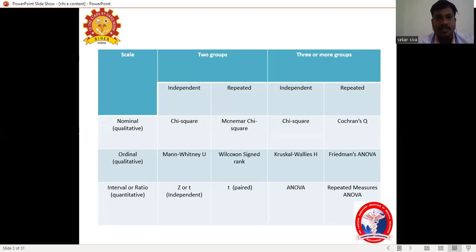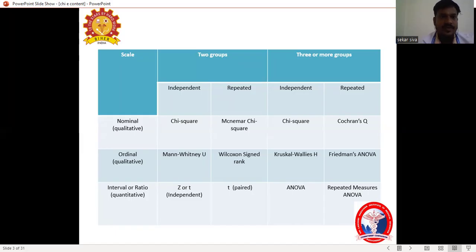If it is repeated measures, for example, if you want to know the depression score among winter and summer, it is the same person you are measuring in winter and summer depression rate. So it is repeated. Here we can use the McNemar chi-square test. For two groups. If it is three groups or more than three groups, we can use the chi-square test or Cochran's